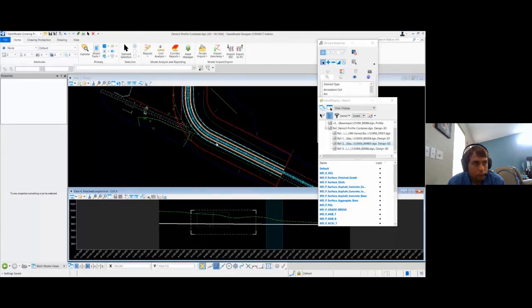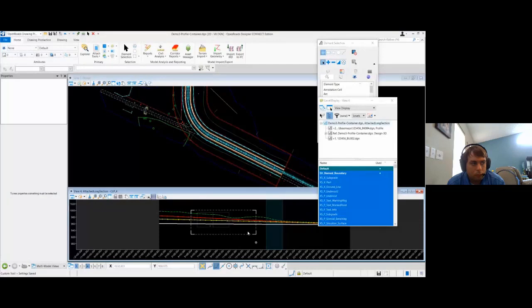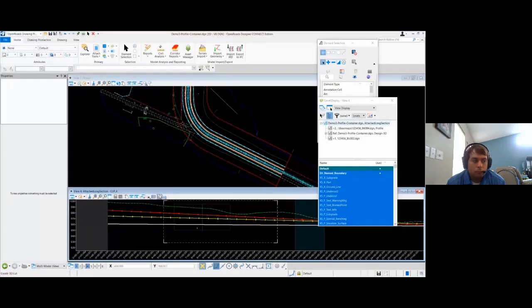In that utility file, I've drawn in some just dumb graphics here, and so when I hit attach all profile views, it'll see that I have the utility file attached, and then it attached that reference to that profile view within that utility file. Now, this is just for demo purposes. You probably want to draw utilities in using drainage and utility features because this is just a dumb graphic, but this is to show the point here.